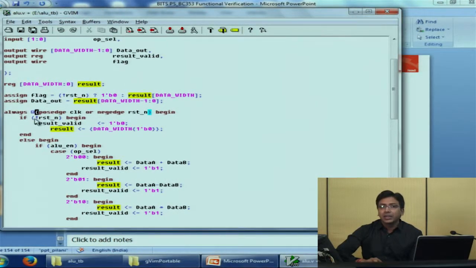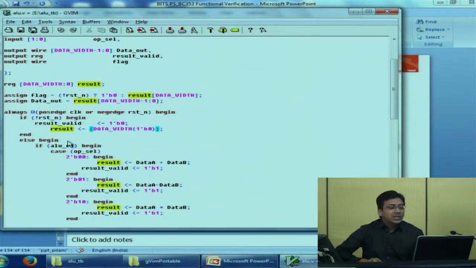We will come inside and see if it is a negedge of reset, that is, if the reset has become activated. As we saw, it means the DUT will stop performing the operation. So the very first condition we look at is the reset, which has higher priority. If the reset becomes activated, we stop performing the operation and the result value is simply assigned 0, and the outputs are also driven to 0. That makes it very clear that the reset has the highest priority. As soon as the reset becomes activated, the DUT stops performing operations and drives all the outputs to 0.